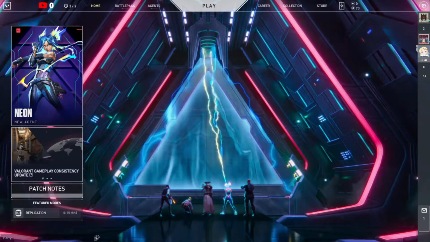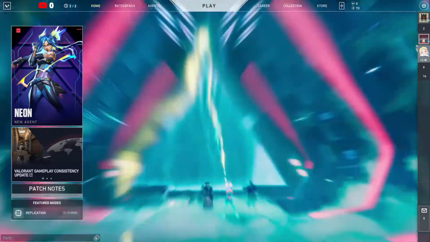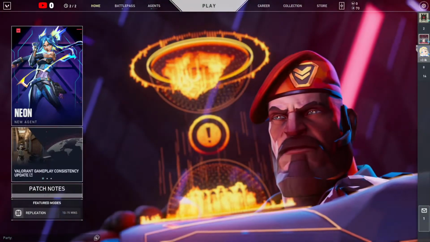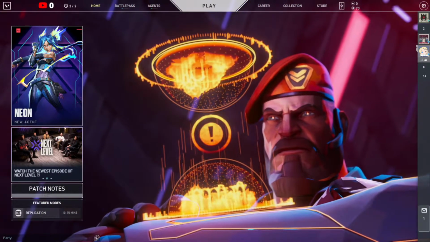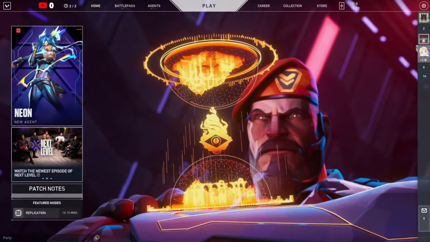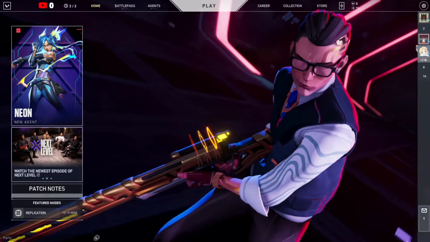Another thing you can also do is put it in windowed, click on apply, and then just try to make it full screen that way and play like this with a little bar on top. But I'm gonna change it to borderless windowed right now, and then click on apply. Now let's click on escape, and there we go. Now we're